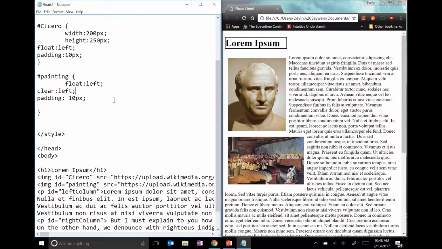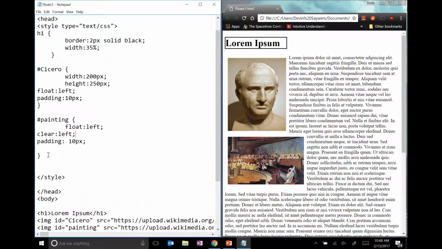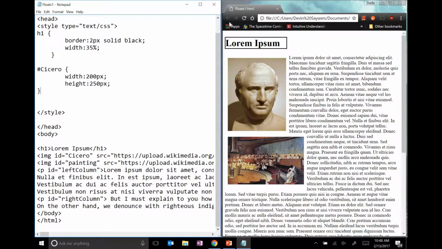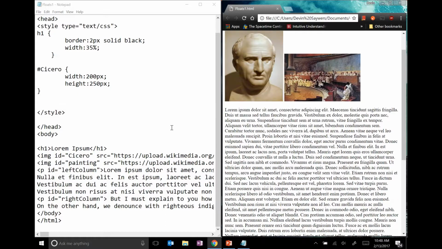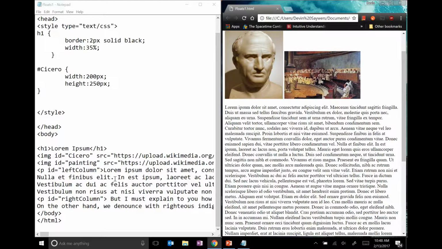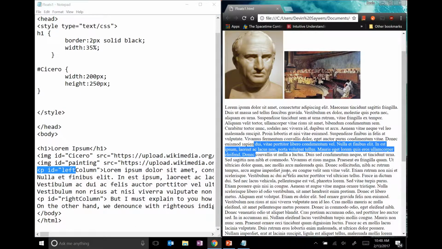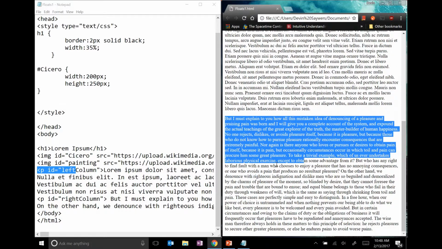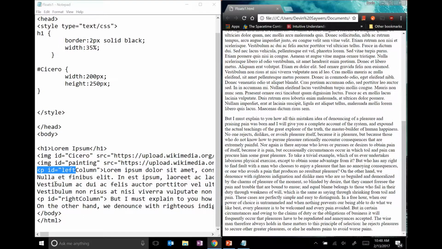So I'm going to leave in these float lefts. Actually, I'm going to take out these images. I'm going to take out the actual attributes of this, and let's just put them back at the top for now. So what I'm going to do now is, I have two paragraph tags here. I have this first one, which is just the Latin lorem ipsum, and then I have a translation right here. I gave the Latin version an ID called left column,